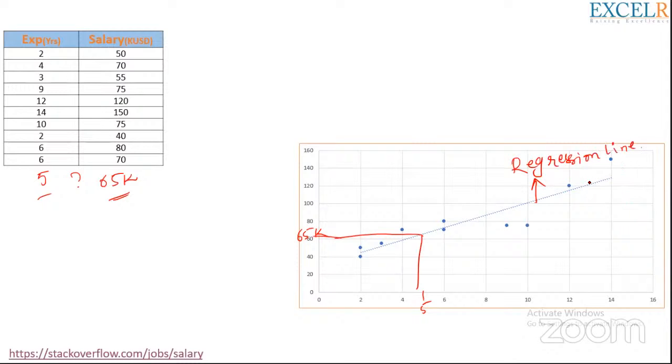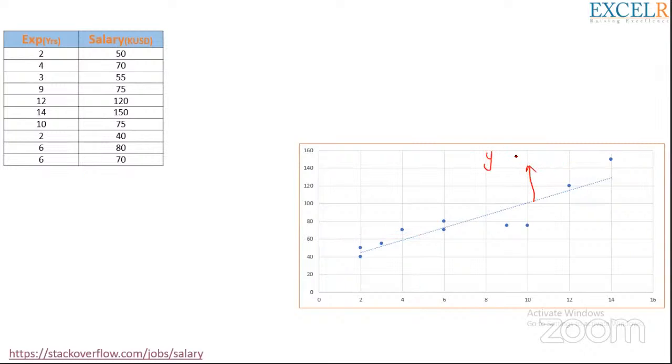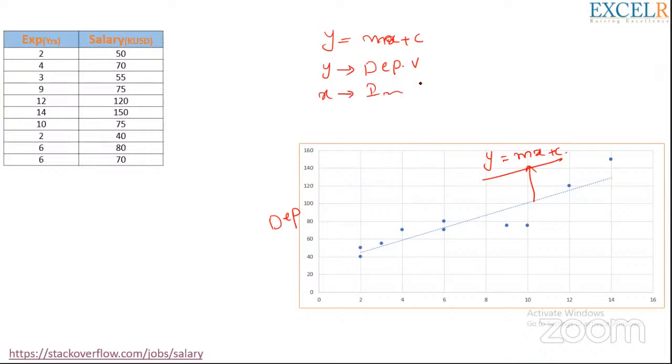So how do we represent this regression line in a mathematical way? So we can write it like this: y equal to mx plus c. Okay, so a little math we are going to discuss. What is this mx plus c? As we know, y is the y-axis, so the dependent variable. x is the independent variable, and m is nothing but the slope of the regression equation. c is nothing but the intercept,